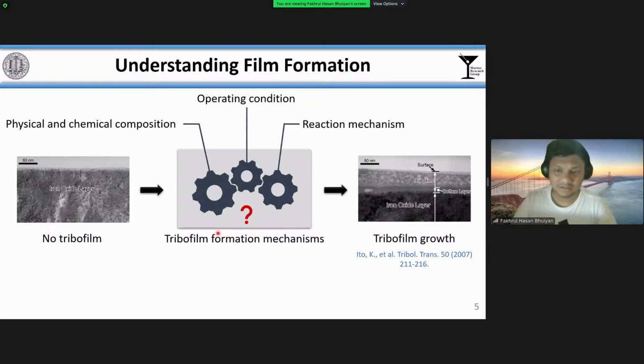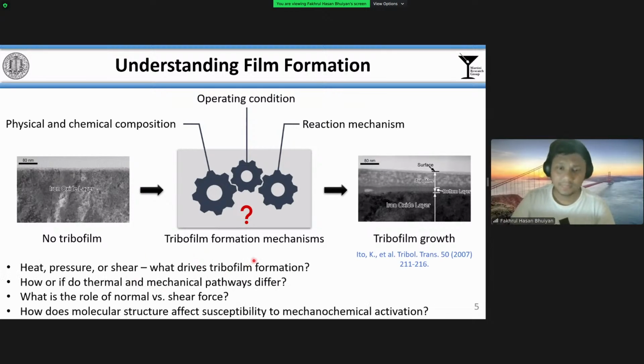And for that, we have several research tools available at our disposal, such as theoretical framework to model film forming reactions or different experimental techniques in macro scale and nanoscale to study film growth. Although these research tools have done a great job to elucidate these mechanisms, there are some key questions that still need answering. For example,